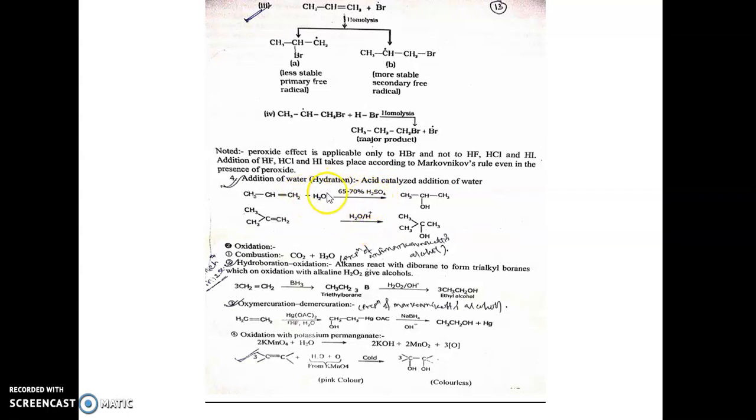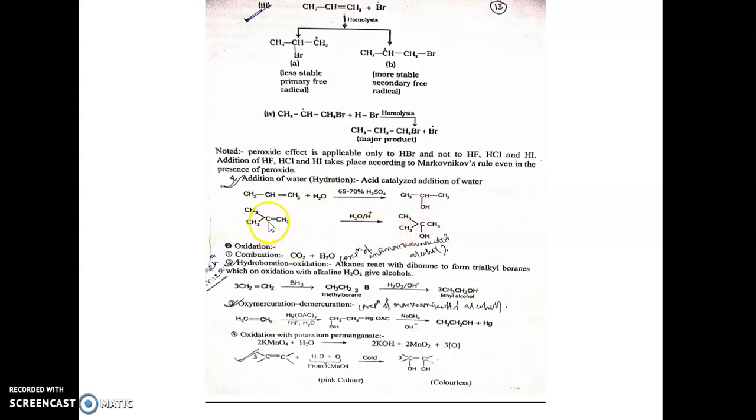The OH part of water will be added, since it is the negative part, to this carbon atom, forming this product, and the hydrogen part of water will be attached here, forming CH3. Okay, now you can tell me, it is actually the Markovnikov's product that is formed here, right? Now another product you will find, where the OH group